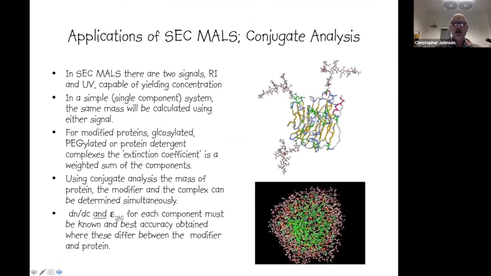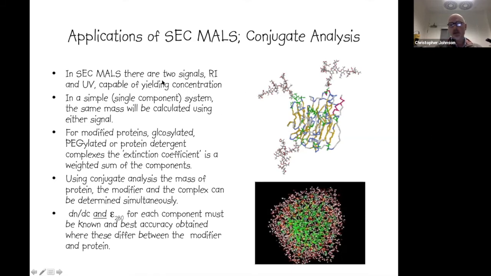So then we can go beyond a simple, straightforward SEC-MALS measurement, where we can use one detector or the other. And if we use both detectors, we should, in principle, get the same number. When we think about proteins, or particles, that are a mixture of different biomolecules, so in this case, a glycosylated protein,